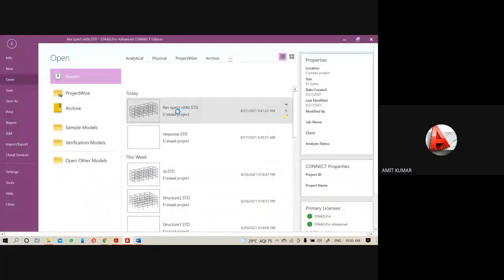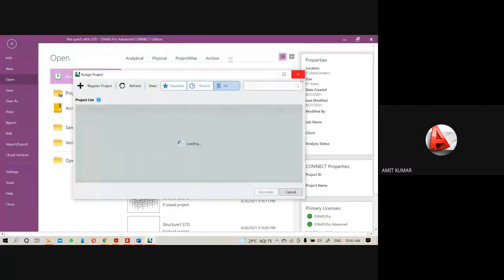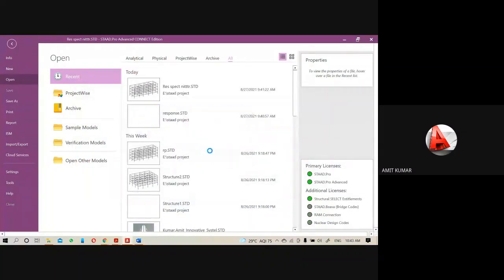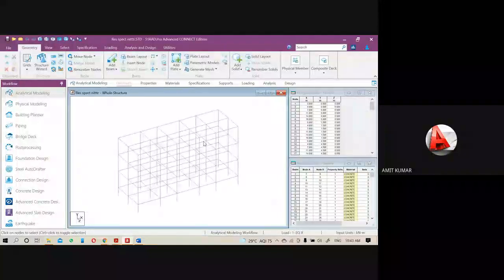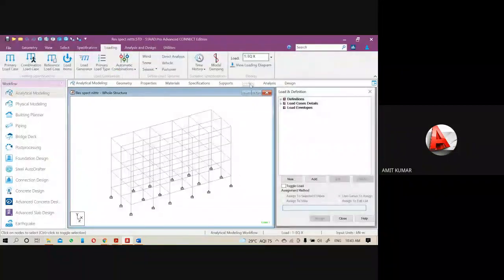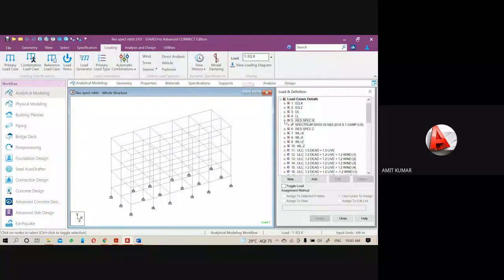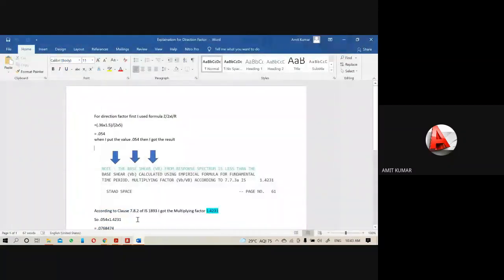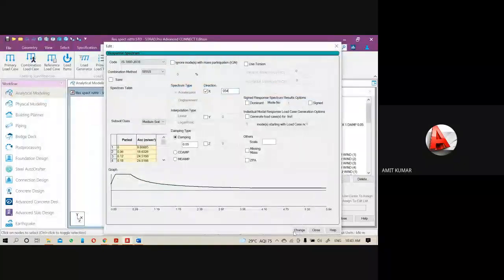I have to reopen it. That means under the response spectrum load cases, you have to put the value 0.054 here and change it.